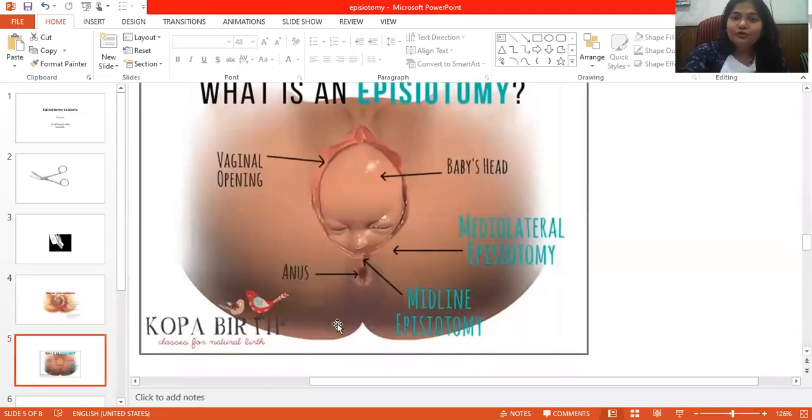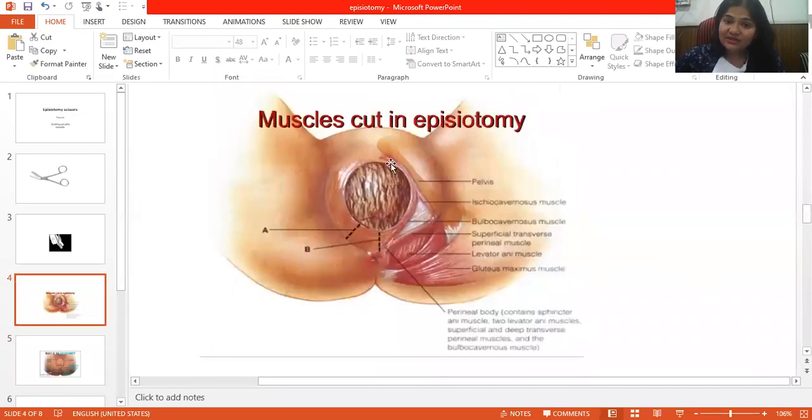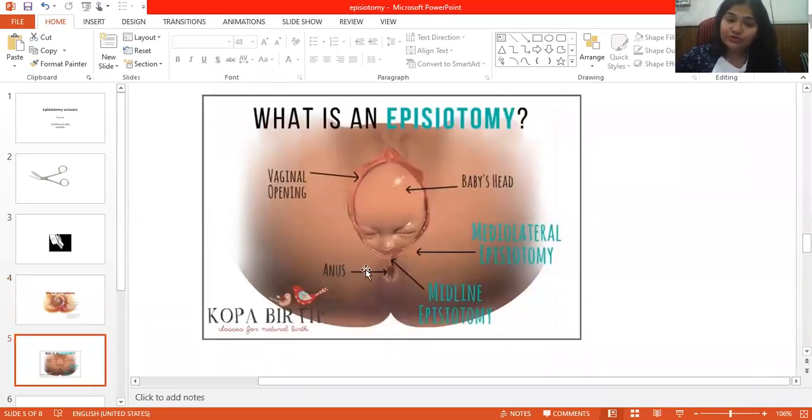So coming to this slide, if you can see, the presentation here is not proper. They have shown face presentation, but otherwise you will see scalp here, like in this slide. You will see something like this in normal labor because it is the occiput, or the vertex, which is going to stretch the vulval outlet, right? So this is how the vulva is going to get stretched.